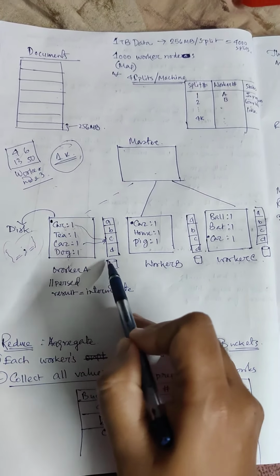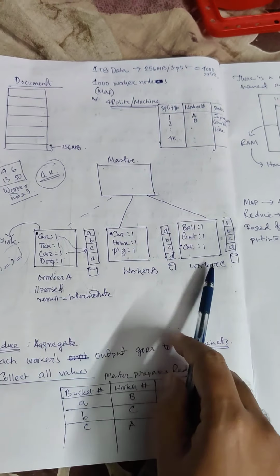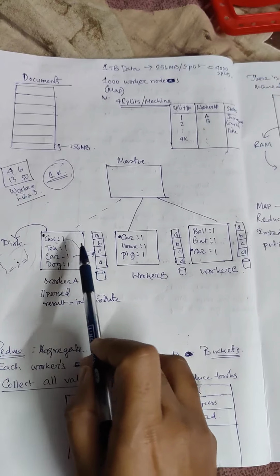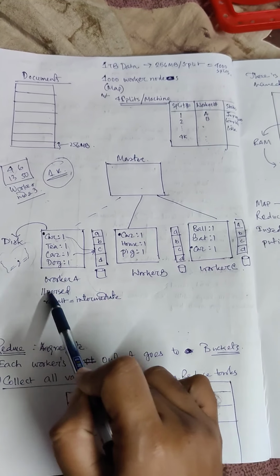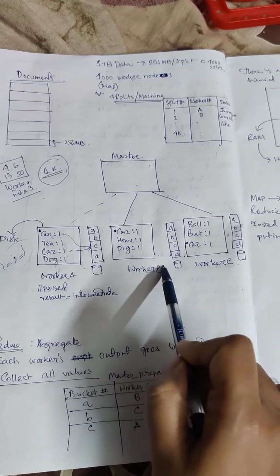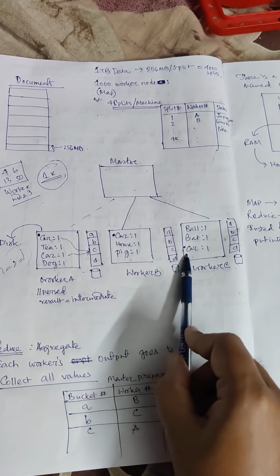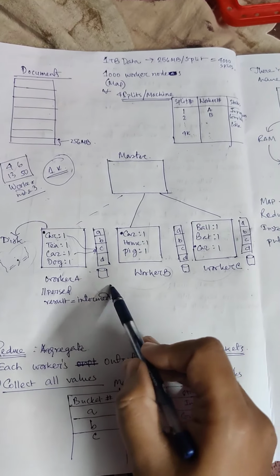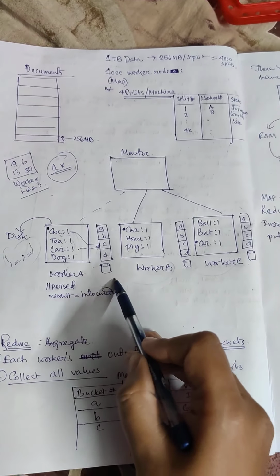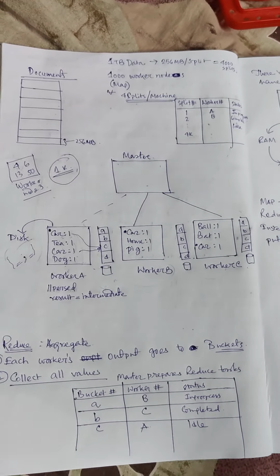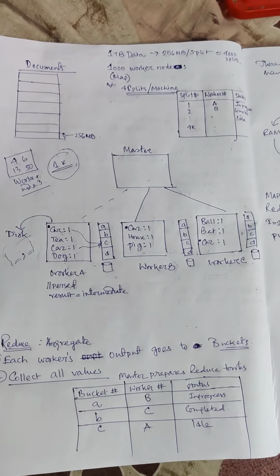Now if you see overall, we have represented here 3 worker nodes' intermediate output, more specifically. In worker A, we have car. In worker B, we have car. In worker C, we have car as well. So every bucket C has some data. Now this data, whatever is stored in this bucket, has not been aggregated yet. It is in some stage, kind of a bridge which will help us for aggregation.